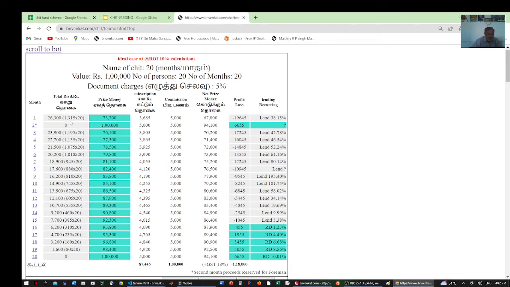The commission, the dividend is 26.3% or 1,350 it becomes, and after allowing the dividend, this is the subscription amount. Subscription amount is in the column. Total maximum subscription is 5,000 rupees. After dividend, for the first month it is 3,685, and for 20 months this subscription multiplied by the number of members is equal to the price money 73,700,